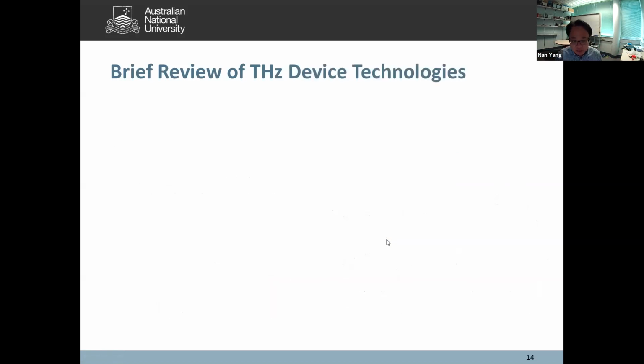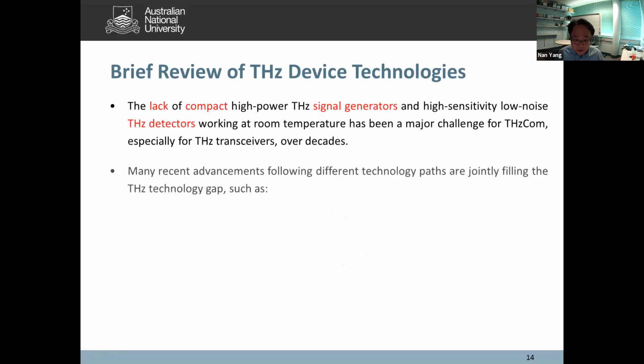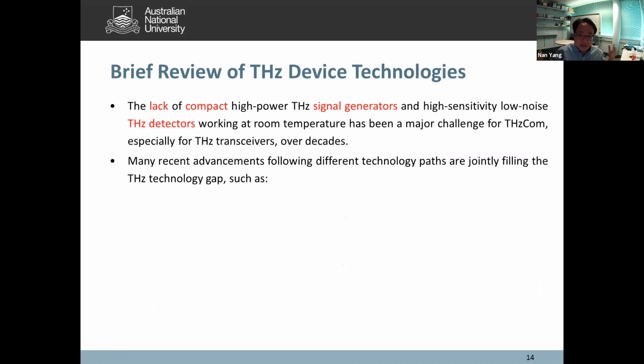And then apart from the channel modeling, another thing for us to get some knowledge of is terahertz devices, like the terahertz transceiver and terahertz antenna. Again, I'm not an expert in this area, so I just try to provide some basic understanding, and I hope they are correct. Conventionally, when we try to generate terahertz signals, we have witnessed the lack of compact, high-power terahertz signal generators and high-sensitivity, low-noise terahertz detectors, and they are the hurdle to